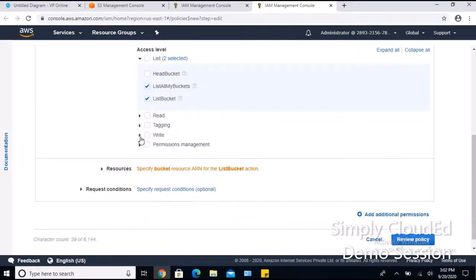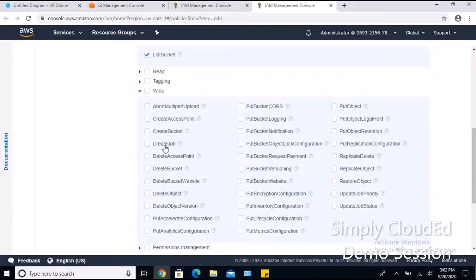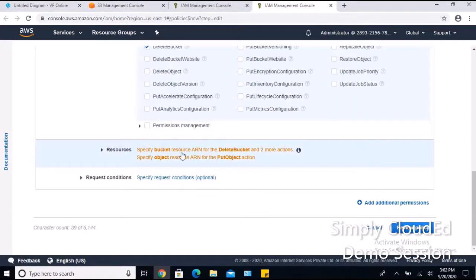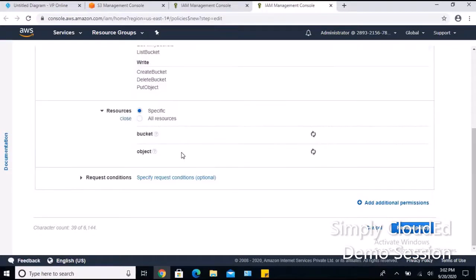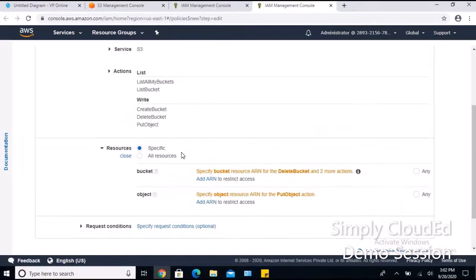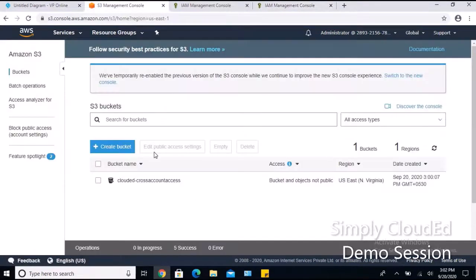Similarly, under the write section we can define that the user can create a bucket, delete a bucket, and put an object to the bucket. Then in the resource section we are going to define on which resources this user can perform these operations. In the bucket section, this user can create or delete buckets from any number of buckets in the S3 service.